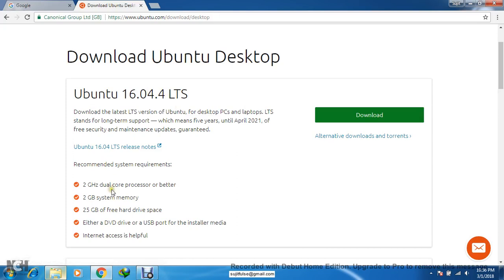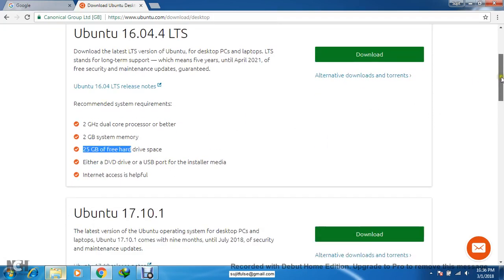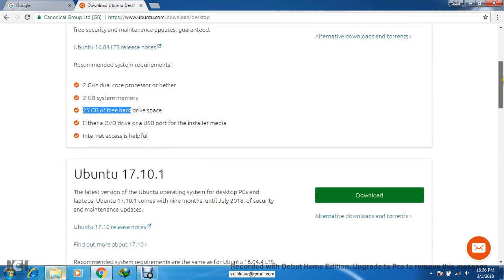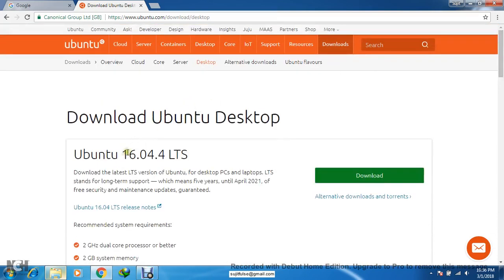16.04.4 and the recommendation is what? You need a 2 gigahertz dual core processor, minimum 2 GB of RAM, 25 GB of free hard disk drive space, and then you need either a DVD drive or USB port to install the media and internet access. Help for that for the registration. Other versions are also there, 17.10.0. We are going to choose this version